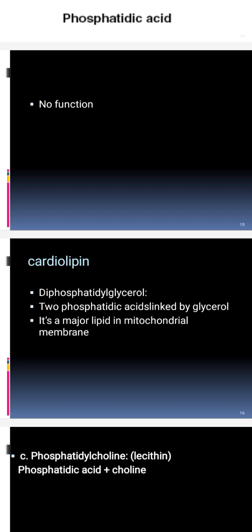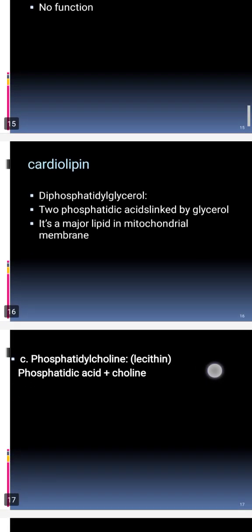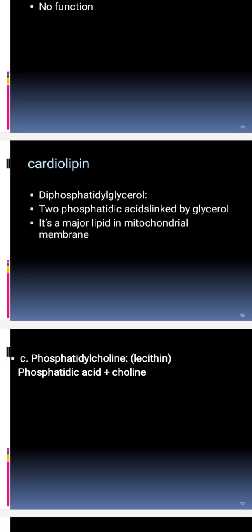If you focus on this name, we will find that cardiolipin contains 2 phosphatidic acids, which are linked by glycerol. Okay, so cardiolipin is 2 phosphatidic acids linked together by glycerol. Cardiolipin is a major lipid in the mitochondrial membrane. Okay,